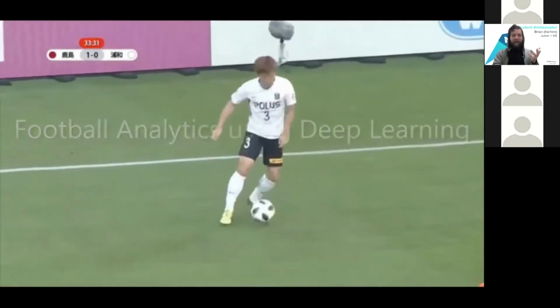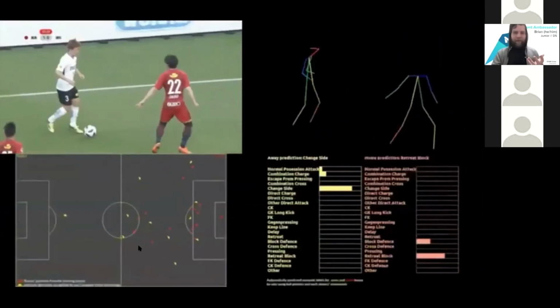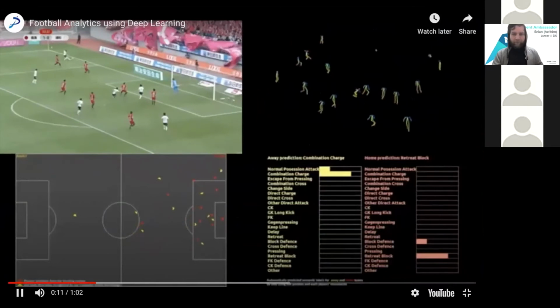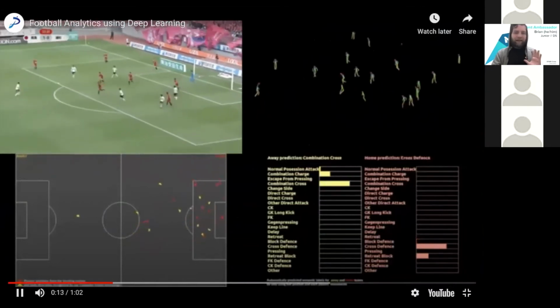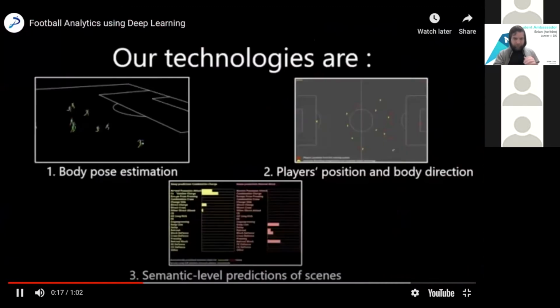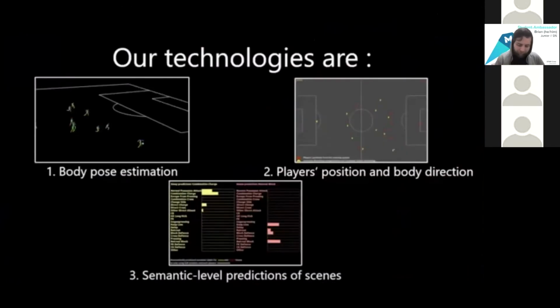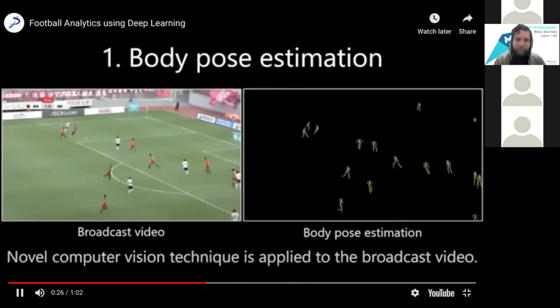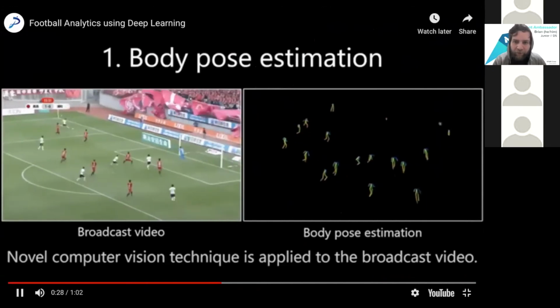So we have the broadcast. Okay, we know that. And then maybe this over here is our data formatting. Maybe we need our data to really represent all of these people over here. Huh. Yeah, that could work. So when we have all of our footage, now we're going to need someone to actually tag all of this. And we want it to look like these people over here on the right.